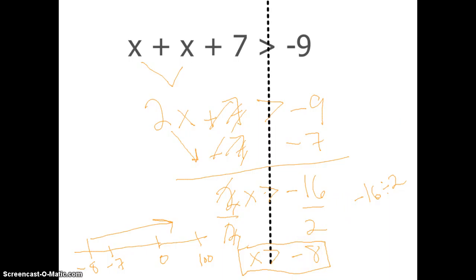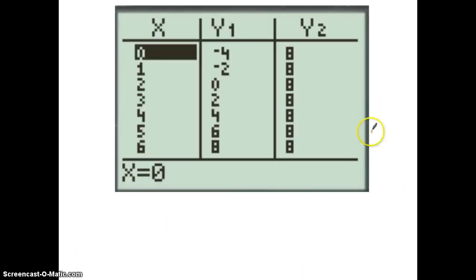Okay, next question. This last one, I'm going to use a table to find the solution. The solution occurs where y1 is equal to y2. We're looking for the x values that make both sides of the equation equal to each other. Obviously, that occurs right here. Okay, so the solution is x equals 6 because 8 equals 8 there. Exclamation point. All right, and we are